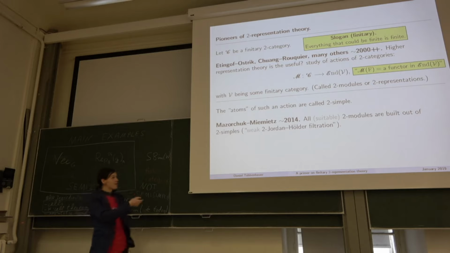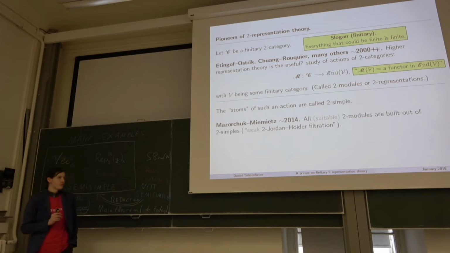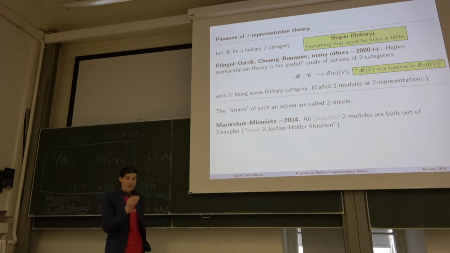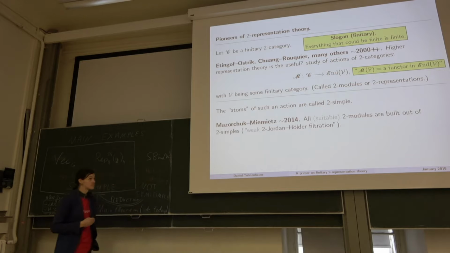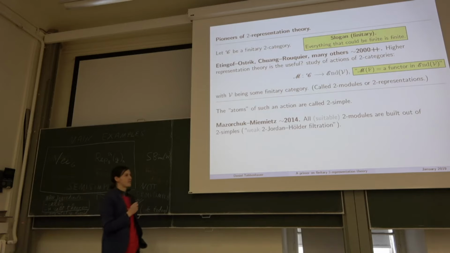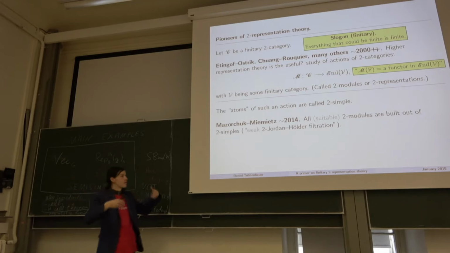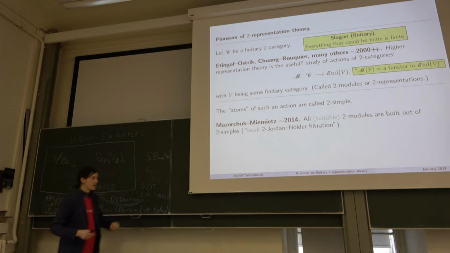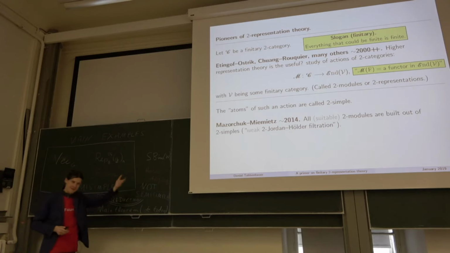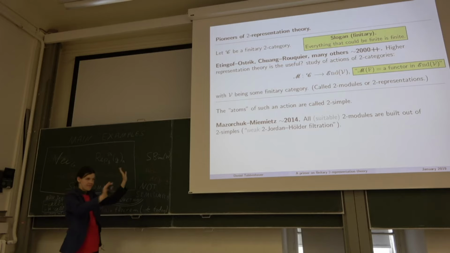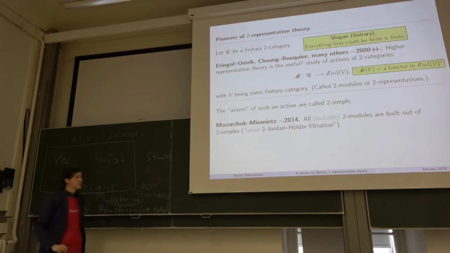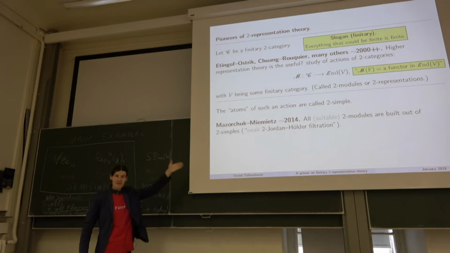But the point is, the whole story seems to repeat. Later I will show you the formal definition of what a two-simple is, but there is a definition of an atom, the categorification of a simple module, if you want. I just call it two-simple. They satisfy very similar properties, like all two-modules can be built out of two-simples. So there's some kind of Jordan-Hölder filtration theorem. It's not as completely nice; it's called a weak Jordan-Hölder, but it's something you don't have to care about for today. The point is, it's a very, very similar story.